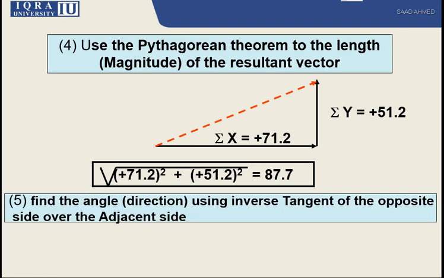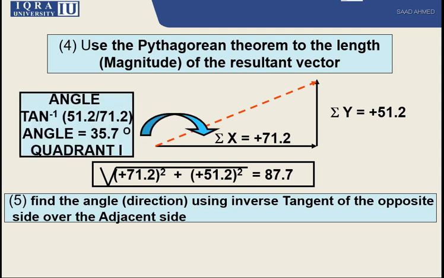And let's find the direction using the inverse tangent formula we discussed earlier. Angle here is tangent inverse 51.2 divided by 71.2, and the angle is 35.7,